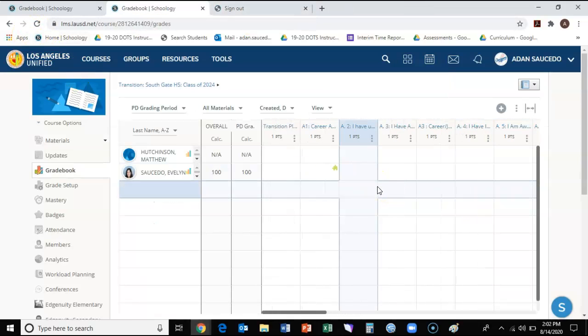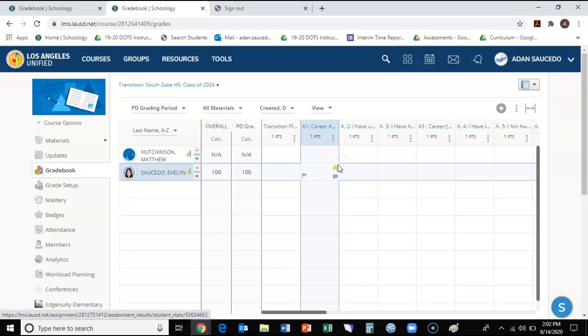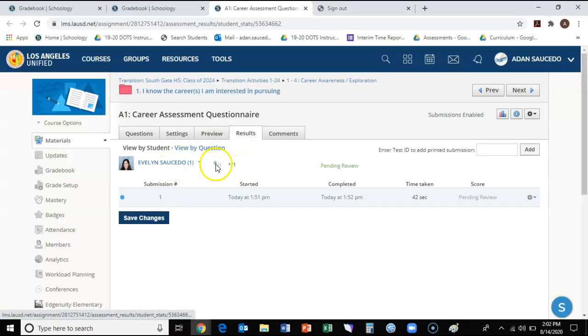Okay. Now this little gear is a puzzle piece. You click on that, and it takes you to the quiz that the student submitted. Now it says pending review because that only means that one of the questions was a short written response, which is a subjective answer, so it can't give you an automatic score. If you give questions like true and false and multiple choice, those are not subjective and it'll give you a score automatically, right? It tells you when they started, what time they completed, and how long it took. So we click right here, we click view and edit,